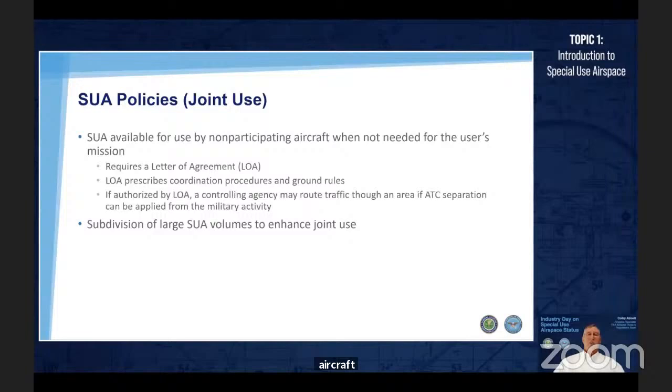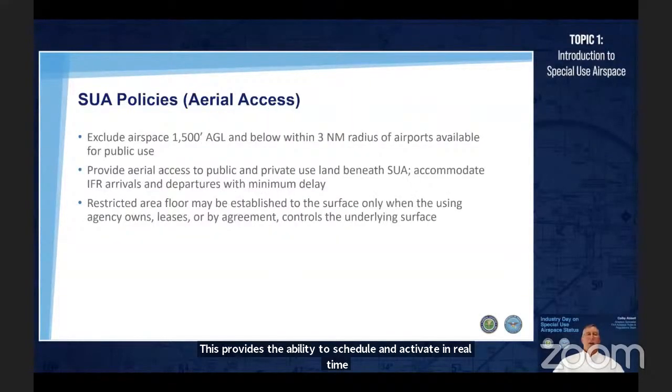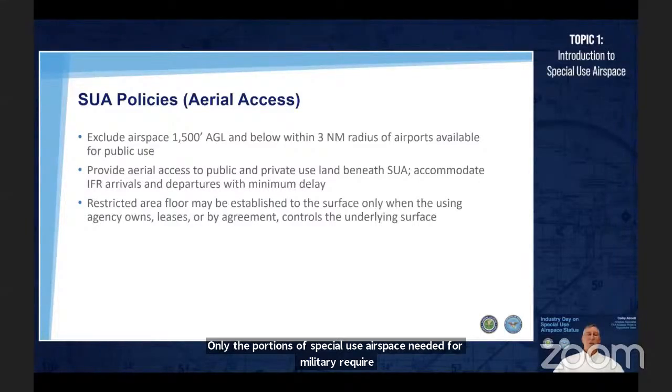Finally, using agencies are encouraged to subdivide large special use airspace areas. This provides the ability to schedule and activate in real time only the portions of special use airspace needed for military requirements, while allowing the use of unscheduled portions by non-participant aircraft. To ensure aerial access to airports underlying restricted areas and MOAs by non-participating aircraft,